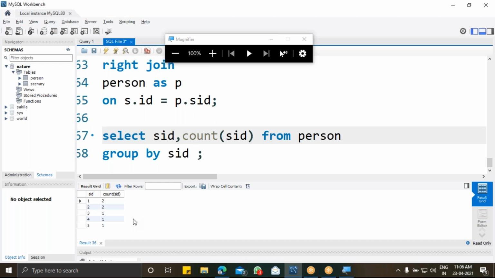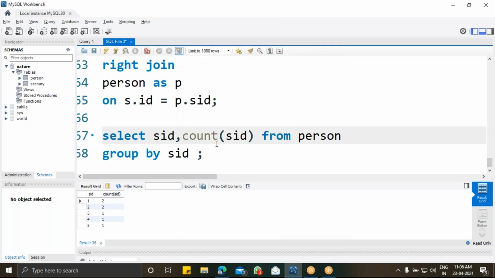Apart from where clause, we have these two clauses, order by and group by. Order by is mainly used to arrange the values in ascending or descending order, and group by is to club the data into a single structure. So these are another two things that you have to focus on. Is that clear, guys?